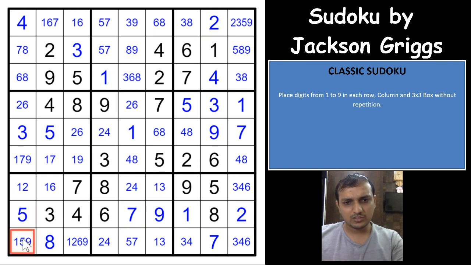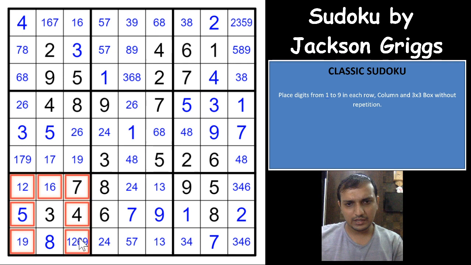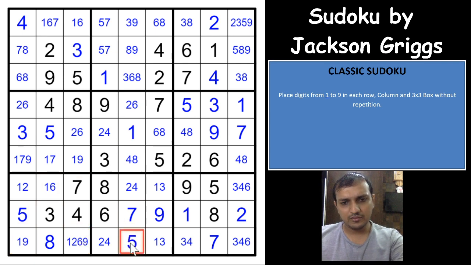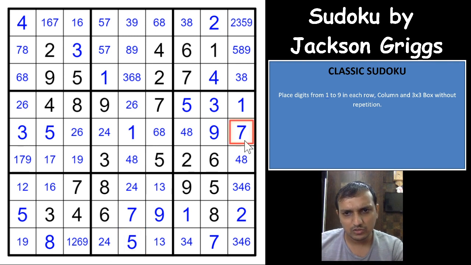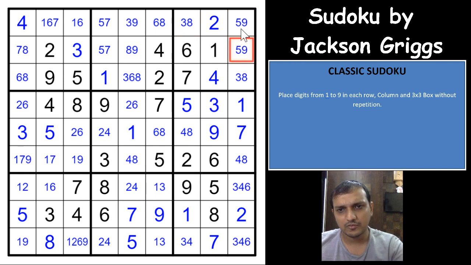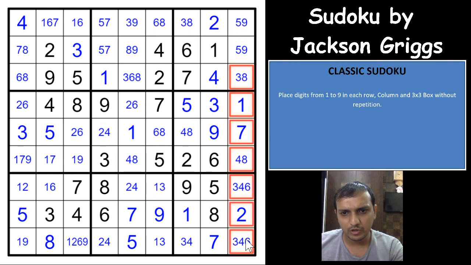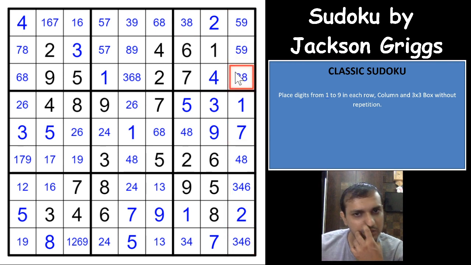And that 5 eliminates 5 from this cell as well. So 1, 2, 6 and 9. 7 will give you a 5 here. So maybe anything else. So you got a 9, 7, 1, 2, 5. Okay, that 2 eliminates 2 from this cell. You already have eliminated a 2. You have a 3, 8 pair. So both 3 and 8 are eliminated from these two cells. So you have a 5, 9 pair. So 3, 8, 4 and 6. 3, 4, 6, 8. No, nothing else.